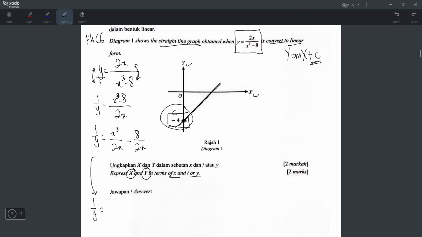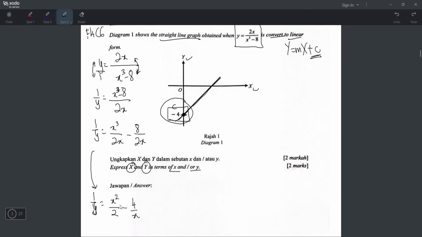So let's write it here. 1 over y equals, oh, this one also can simplify. The x to the power 3 divided by x, you will be left with x squared on top, and then over 2, of course. And then negative 8 over 2, that's going to be negative 4, but your x stays down. Just the 4 has to be written on top. Alright, I can see that